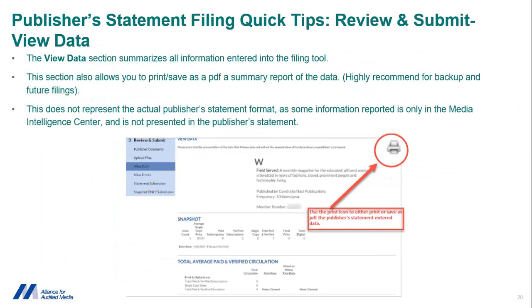So if you entered in information in the issue by issue section and you want to see what it looks like, you go into view data. View data allows you to proof your information before it is submitted. There is a print icon